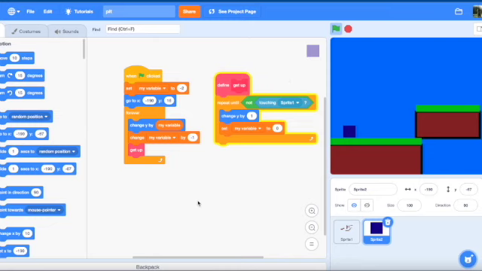Now, we're going to be creating a scrolling platformer in this tutorial series. An example of a scrolling platformer is Mario 64, which is pretty fun to make, and it's good for your Scratch knowledge, because after you do that, you're going to understand a lot of stuff like variables, and it's pretty fun to play as well, as you probably know. So, let's